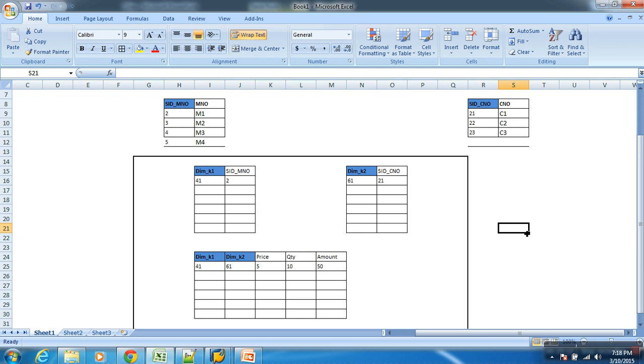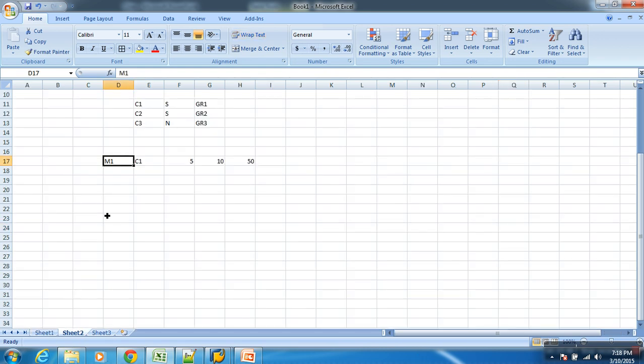Now you should understand the flow. When you load your master data, SIDs are generated. When you load your transaction data to the cube, based on the SIDs, dimension IDs are generated in the dimension table and used in the fact table. This is the concept. SIDs are generated when you load master data, and dimension IDs are generated when you load transaction data. The internal concept is that when you load your master data, SIDs are generated, and when you load your transaction data to the cube, based on the SIDs, it generates dimension IDs in the dimension table and places them into the fact table.